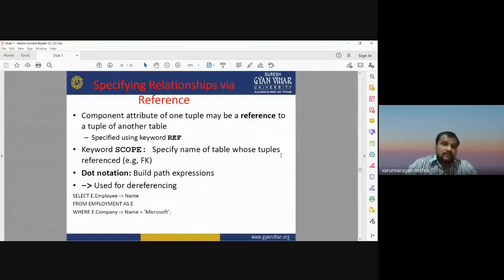The keyword scope is used to specify the name of the table whose tuple is referenced, like fk, and dot notation is used to build the path expression. Okay, so this is the way we can specify the relationship via some reference.